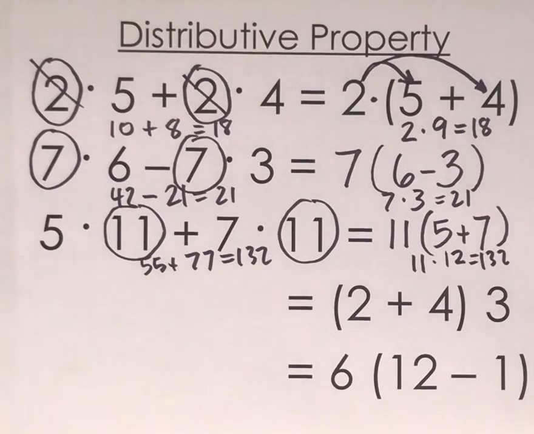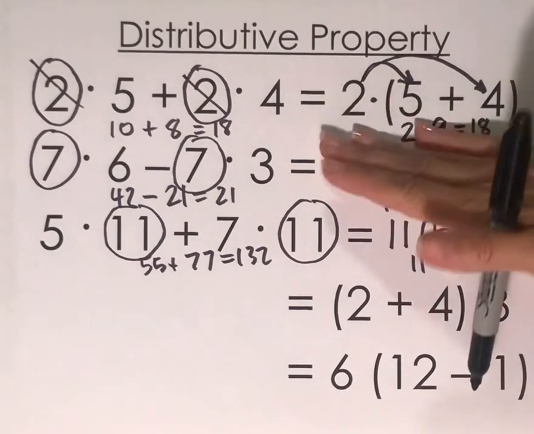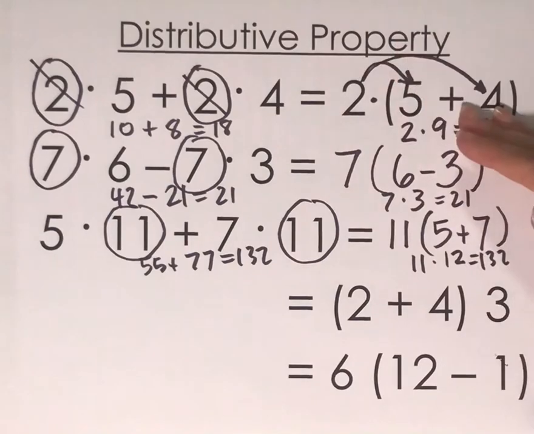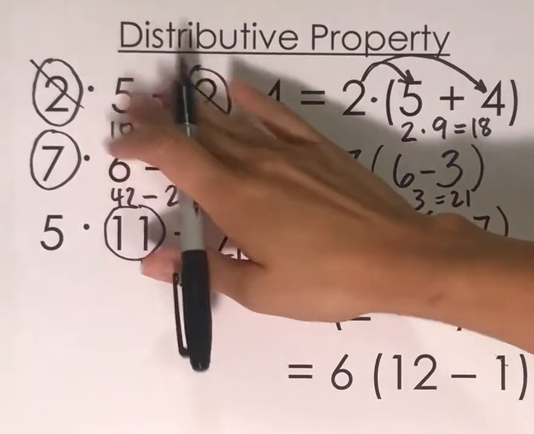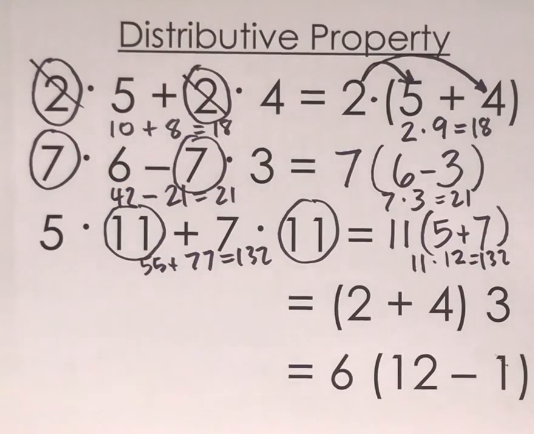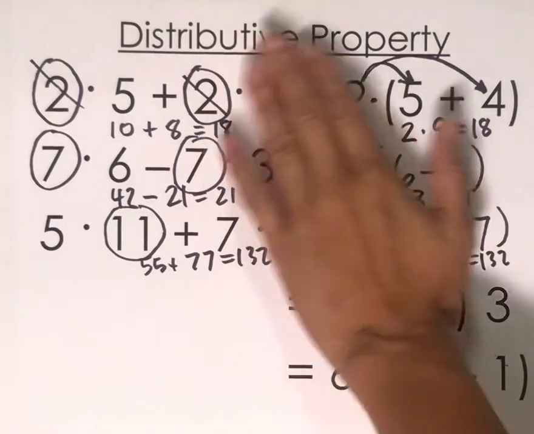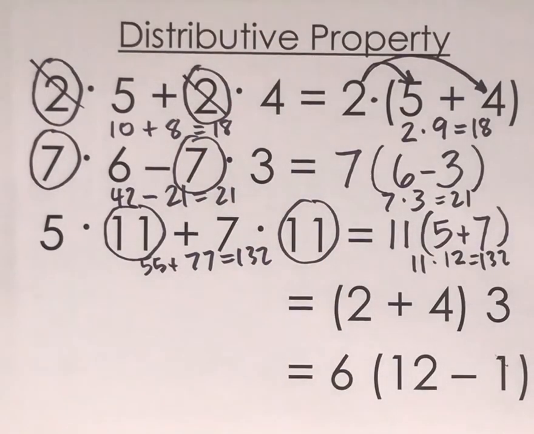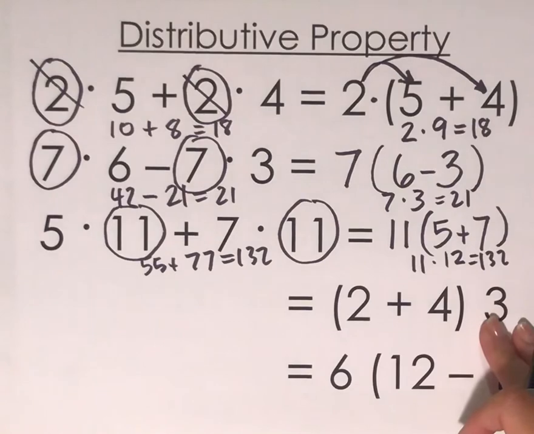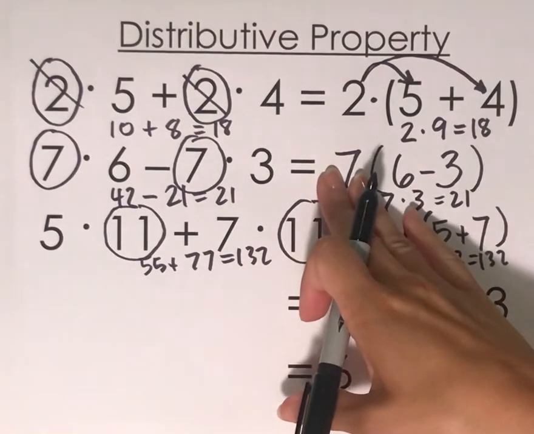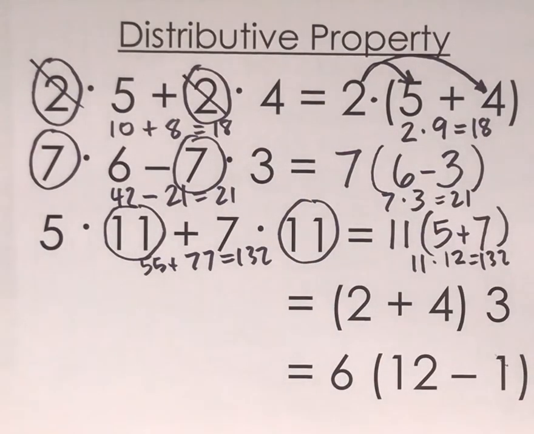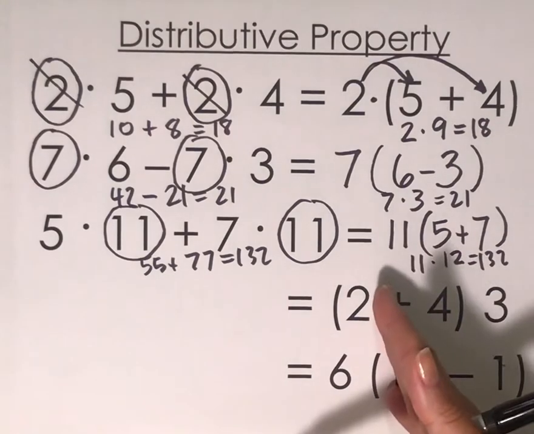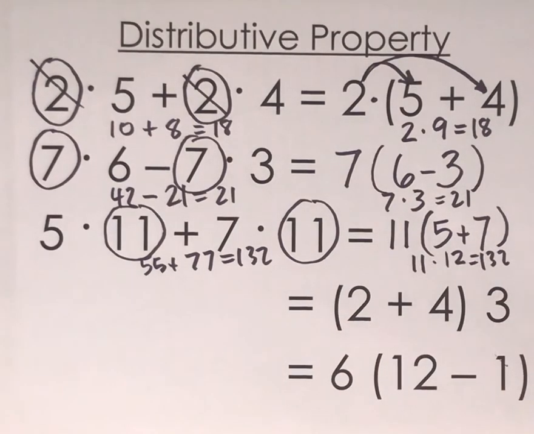Okay, let's flip our direction. So let's do this where we were multiplying and setting it up like this. Okay, remember these are equivalent expressions again. We're just using the distributive property. So this time, as you can see, my 3 is here, where here it was in the front. But it's the same process, especially when you're adding. It doesn't matter which way you go or where the 3 is. So I'm going to